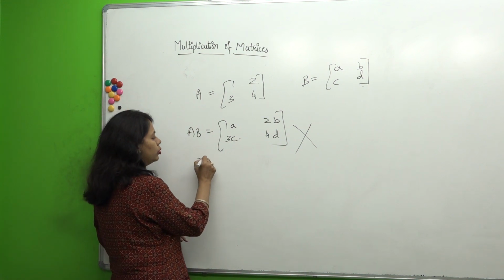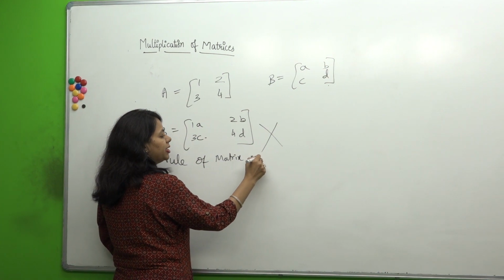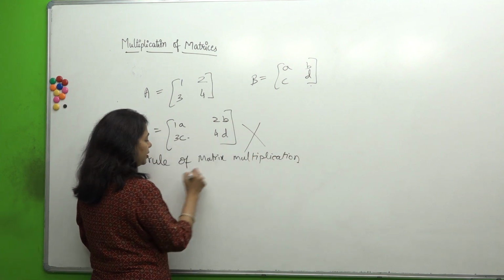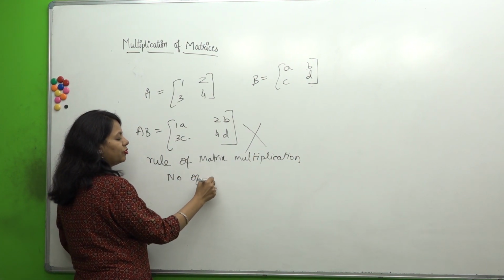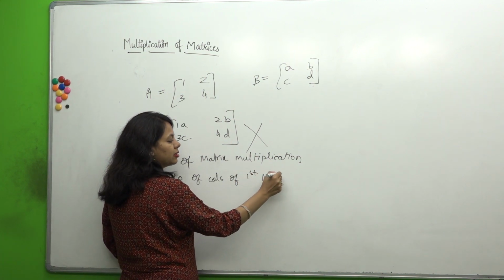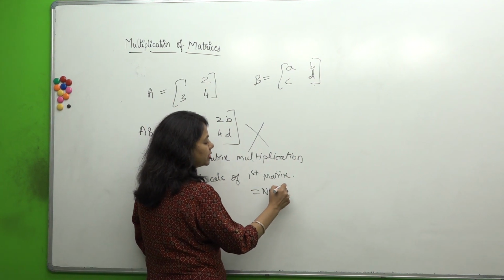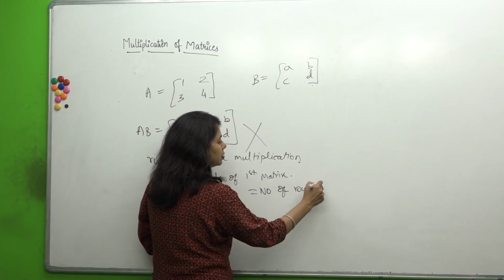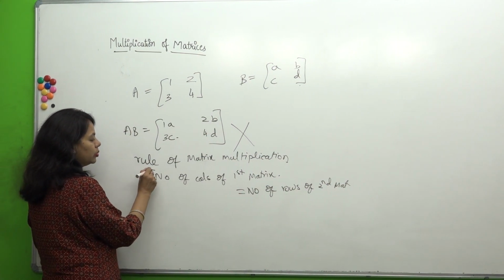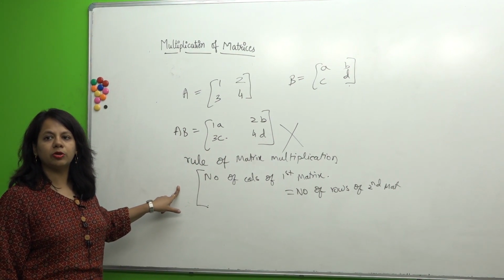Now the first rule for matrix multiplication: number of columns of first matrix should be equal to the number of rows of the second matrix. So the first rule is number of columns of first matrix should be equal to the number of rows of